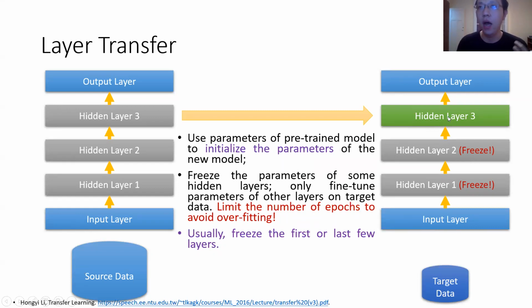And in this case, after freezing these two layers, if we only have layer 3, then we will have much fewer parameters, and this will match better with the limited data we have and avoid overfitting. So generally speaking, you can freeze either the first or the last few layers, which we will show in the hands-on